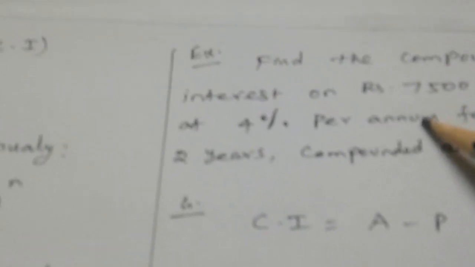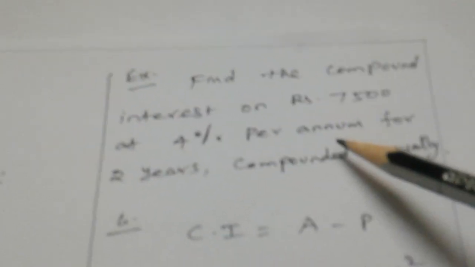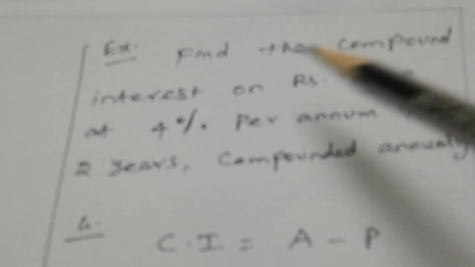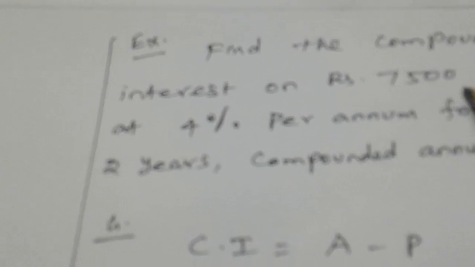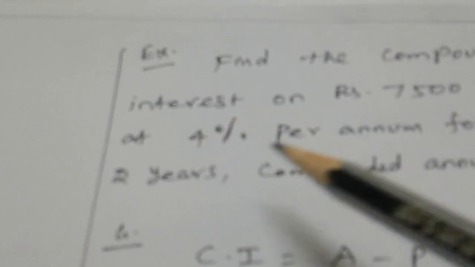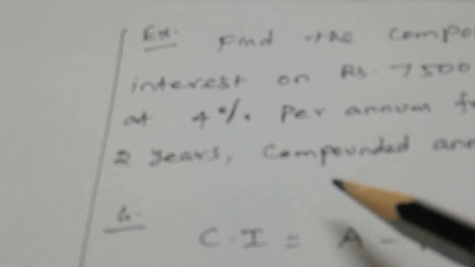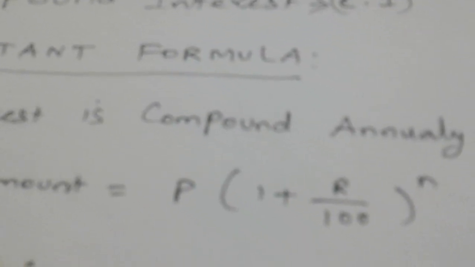Now let us see an example in compound interest. Find the compound interest on rupees 7,500 at 4% per annum for 2 years, compounded annually. So I recall that when compounded annually, the amount is equal to